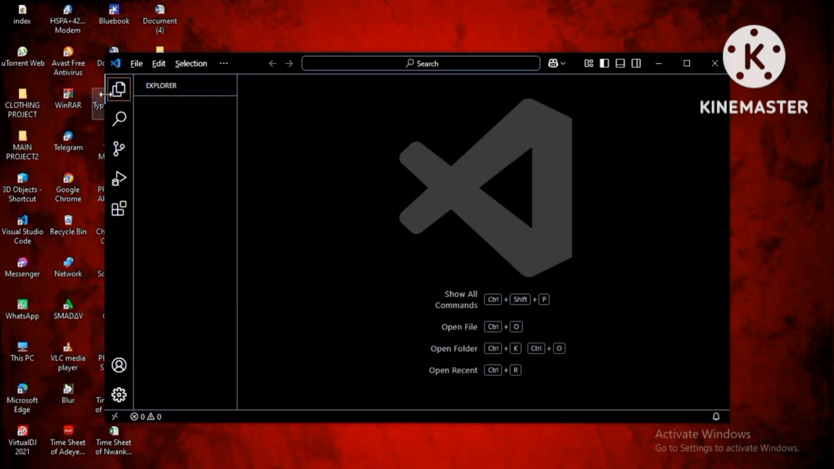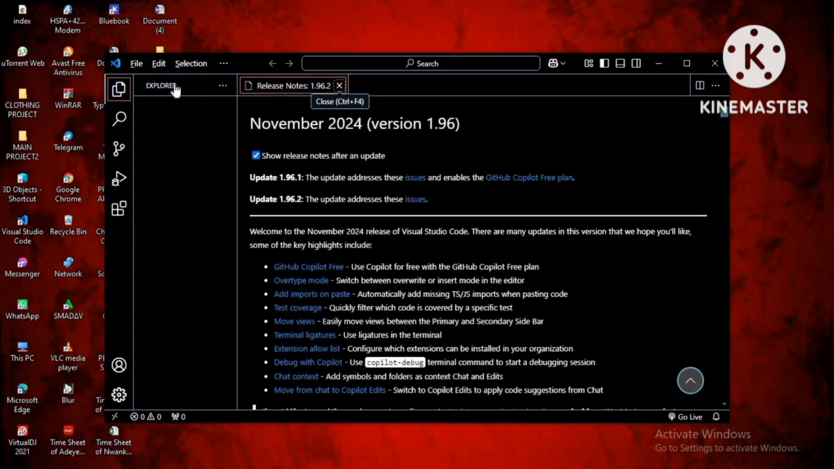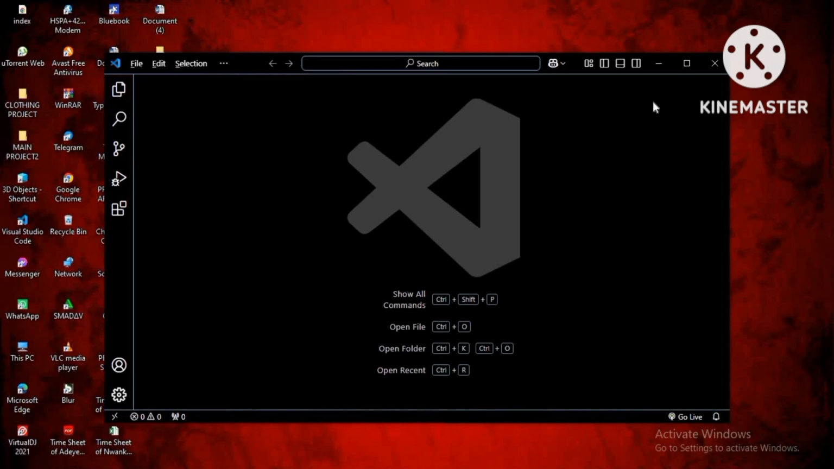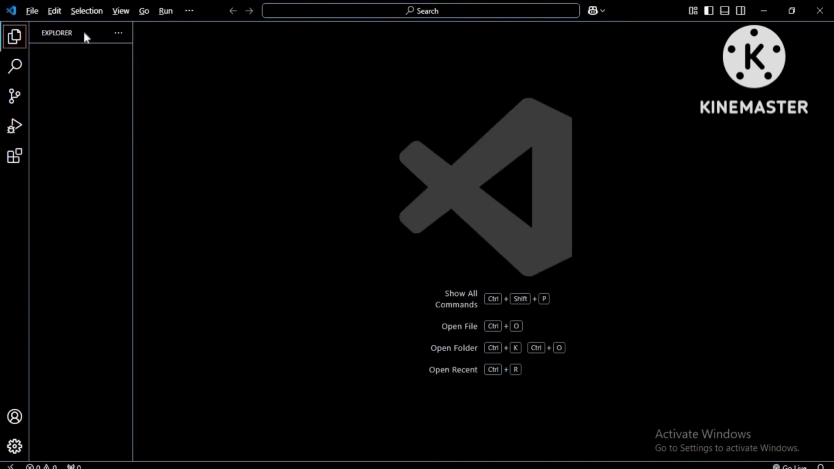Seeing this, we already have a new code IDE. Mine was just updated. If you download it from the website, you download the latest version. I'm waiting for the release notes. Yeah, these are the release notes. So this is your VS Code. This is your new coding IDE. If you want to make use of it, you have to